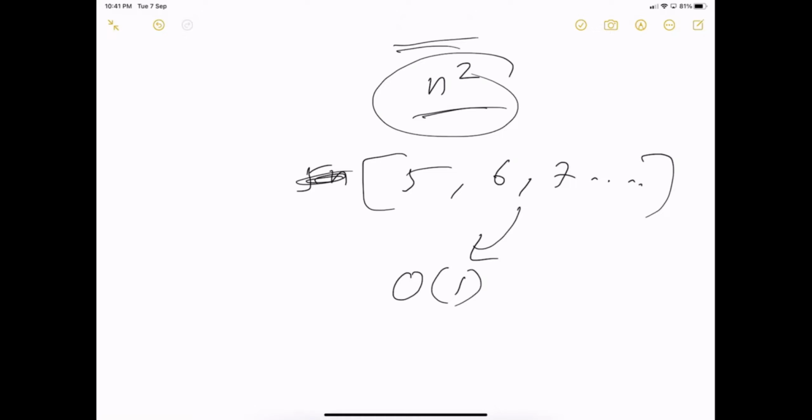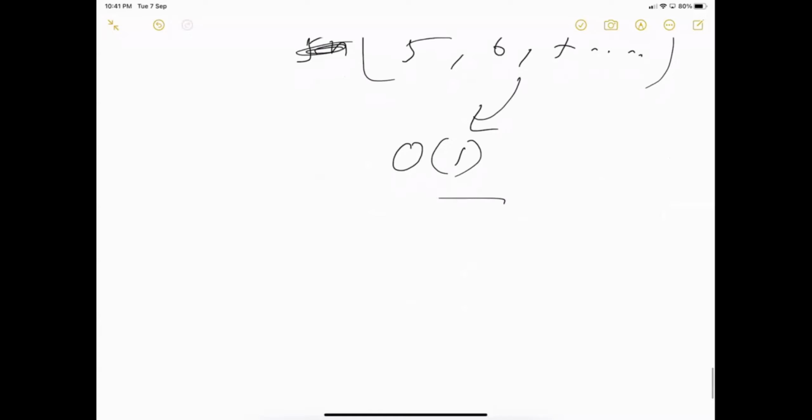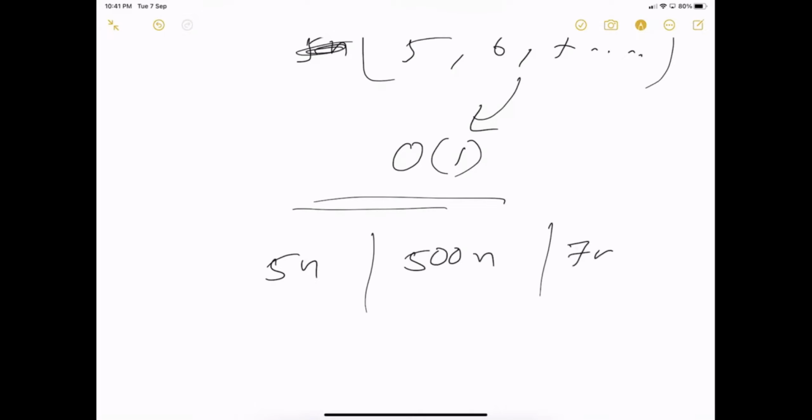Yeah, you can use real values to understand, but whenever you are comparing algorithms, you mention it as order of n. That is why it is called order of growth, because all of these things are considered equivalent. So in the order of growth concept, 5n or 500n or even 7n, all these things are considered equivalent.